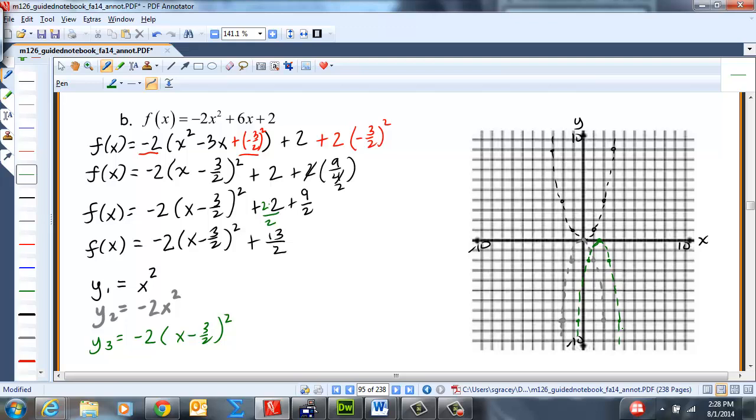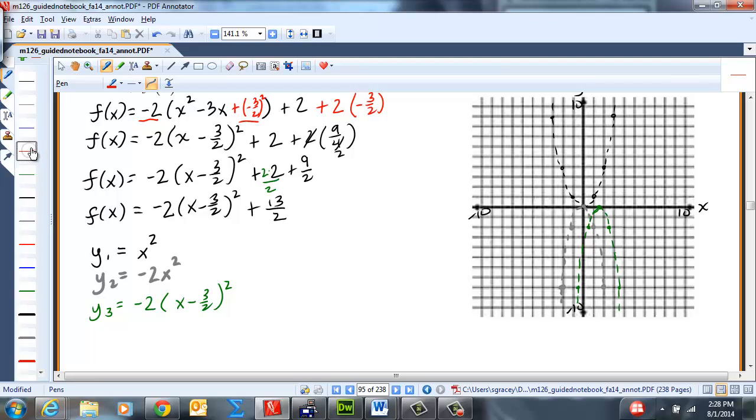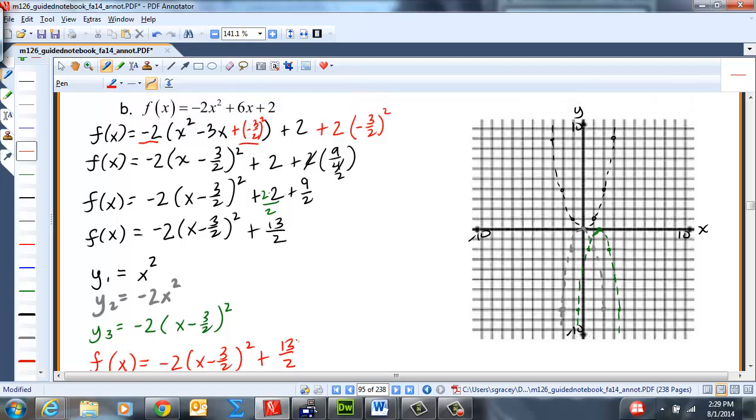Okay? So now our last move, we'll do this guy in red again. So was it called f of x? Yeah. f of x will equal negative 2 times the quantity x minus 3 halves, squared, plus 13 halves. So now each of the points from the green graph is going to move up by 13 halves, which is